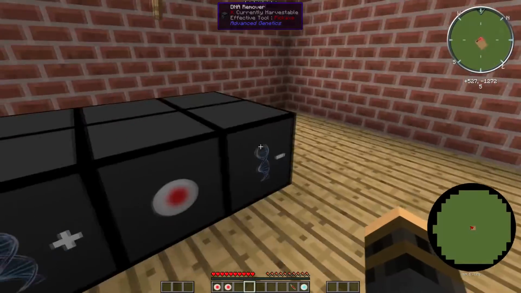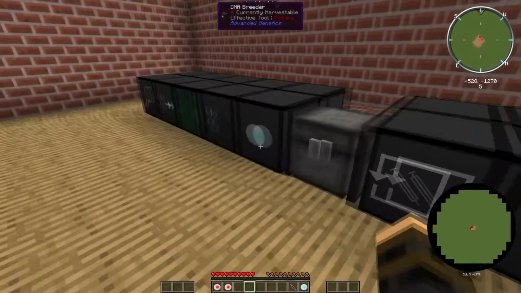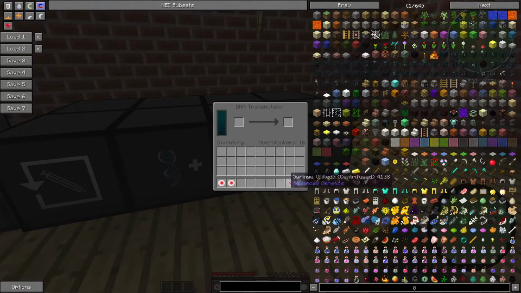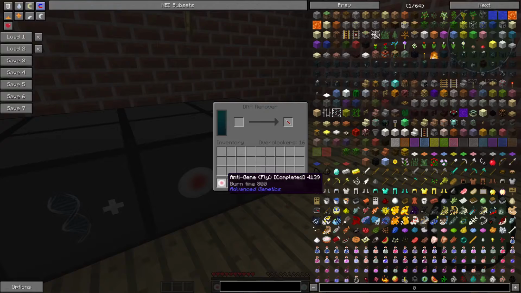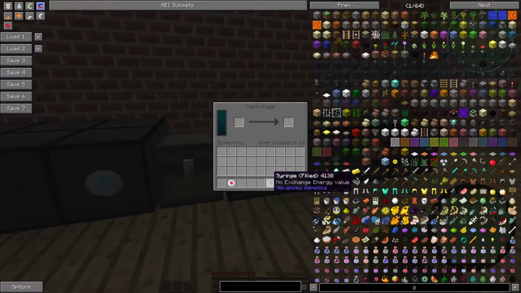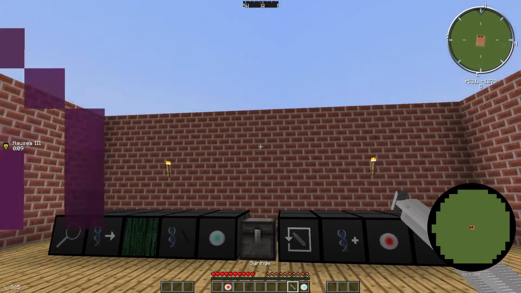So what we're going to do is centrifuge it, and now we're going to take the DNA remover. The DNA transmuter is the same thing as the DNA breeder. It's just that you are combining anti-genes. So now I'm going to go into the DNA remover, put my syringe in, and put my fly in. So now it's creating a syringe with an anti-gene. So now if I go to the centrifuge and centrifuge it one last time, and use it...